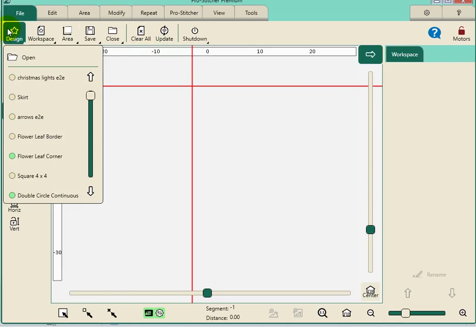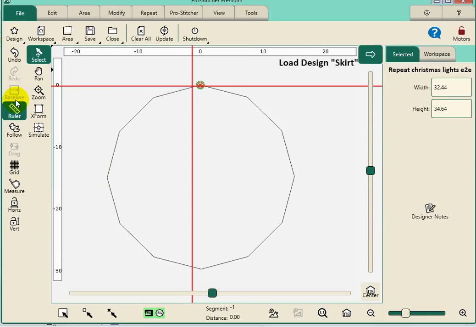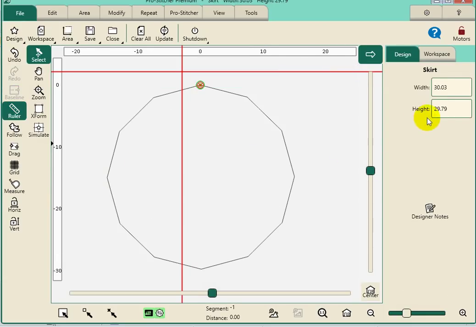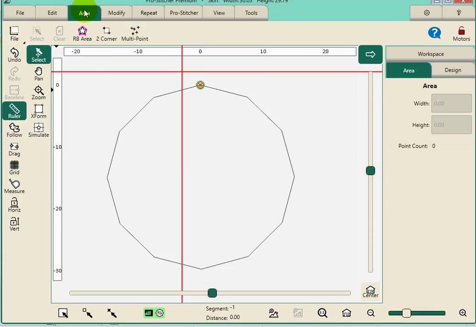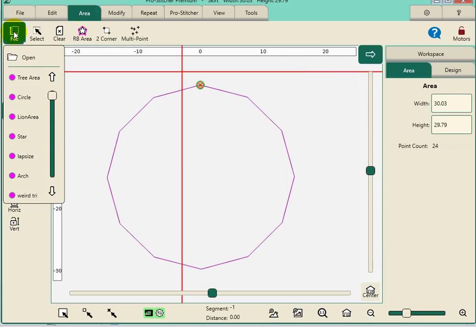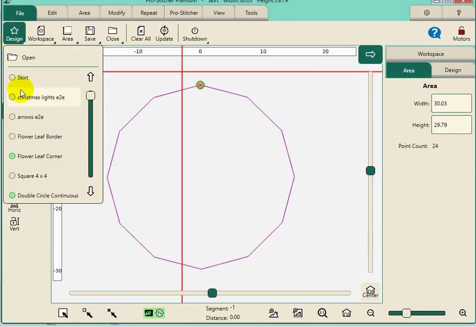This time we'll open back up that skirt outline again. You'll notice that I've set the size to about 30 inches tall, 30 inches wide. It's a good size, so you could set whatever size skirt that you have. We're going to go back to area, hit the rubber band, and open the design file again,